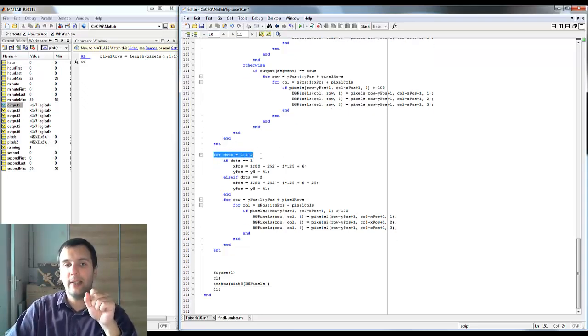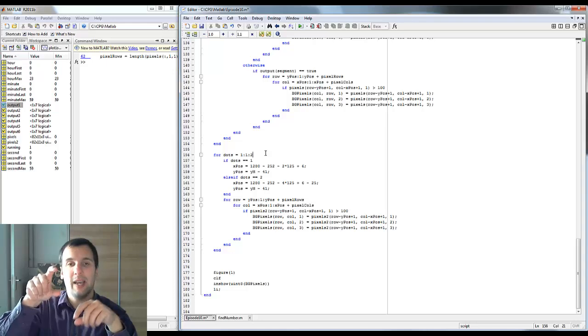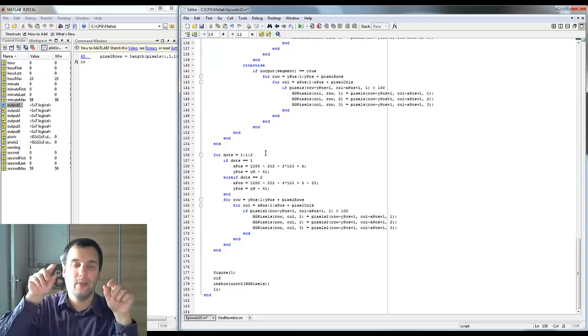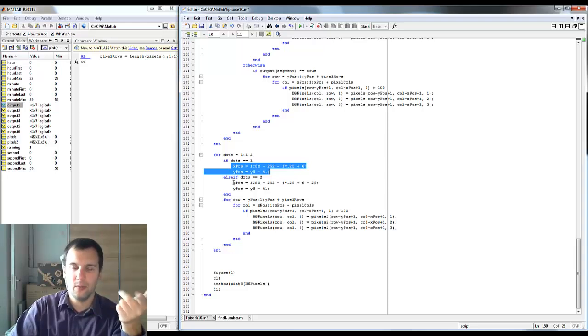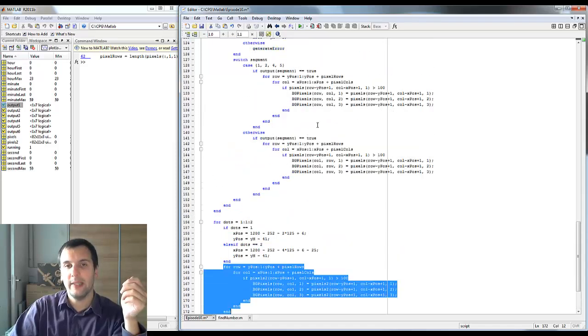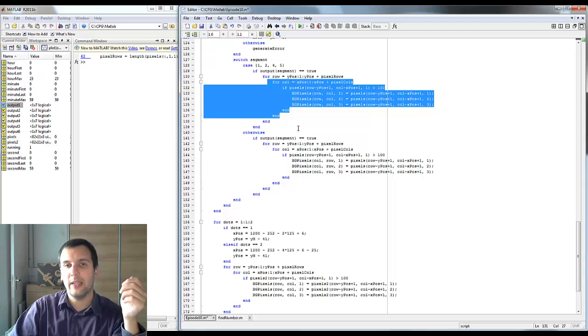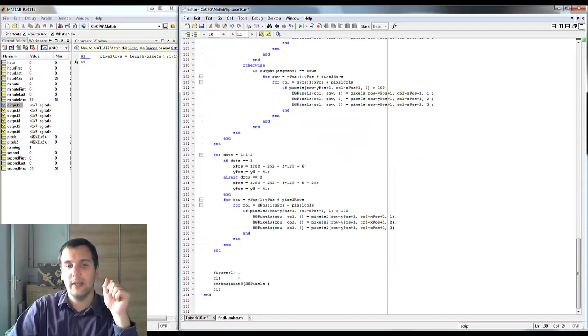Then we want to add the dots. The dots are just 2 dots, and we want to plot them between number 2 and 3 and between number 4 and 5. So we just give them a position. The first dots are on the right side, so between 2 and 3. And these are between 4 and 5. You basically can just calculate where this is, and you should be fine. And then we're going to plot that in the same way that we plotted the vertical lines, because it's 2 vertical dots. And then we're going to show it: figure 1, clear figure, show the